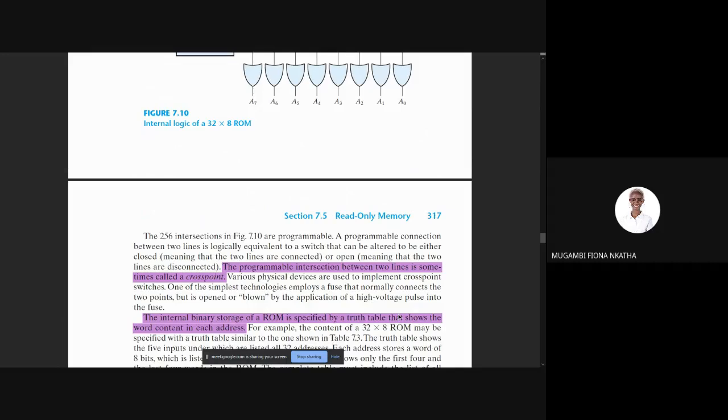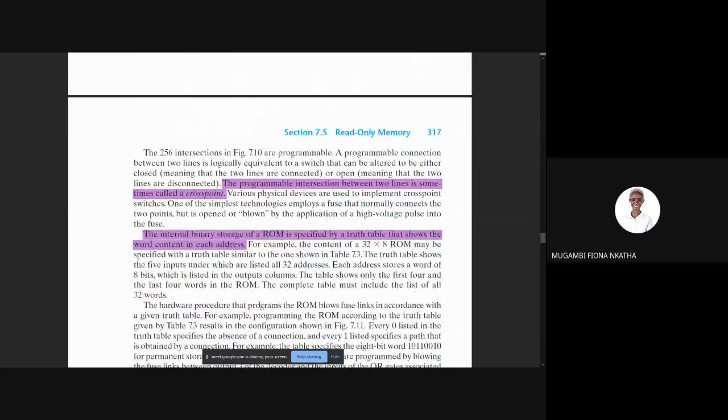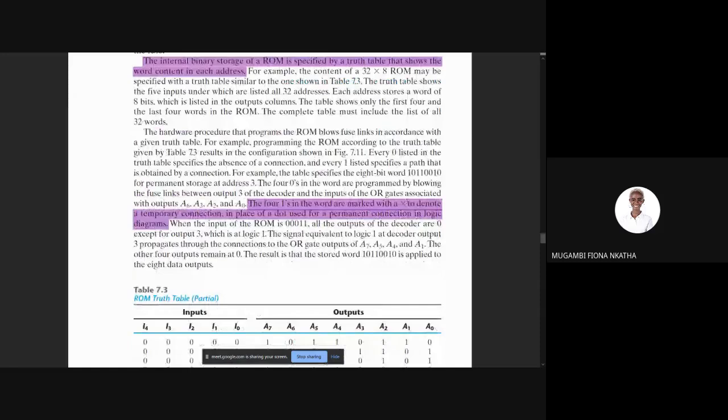The programmable intersection between two lines is sometimes called a cross point. From the different places we've been reading, they always just put a cross. For gigs, that's how they put their interconnections. So I think to be safe, just use an X. The 4 ones in the words are marked with an X to denote